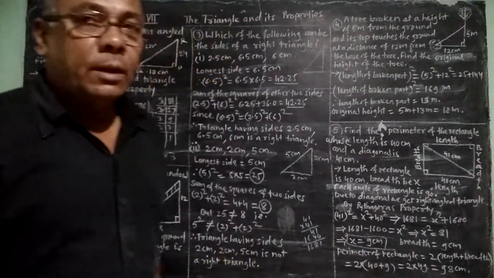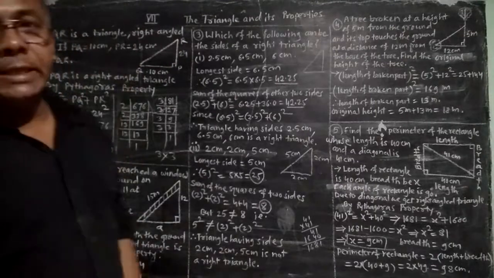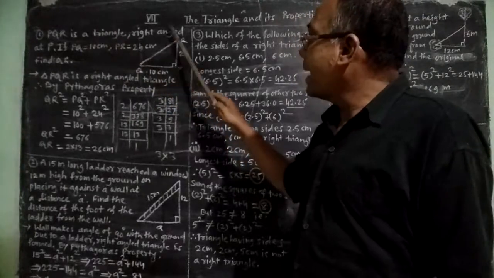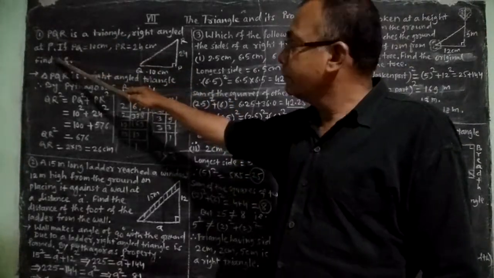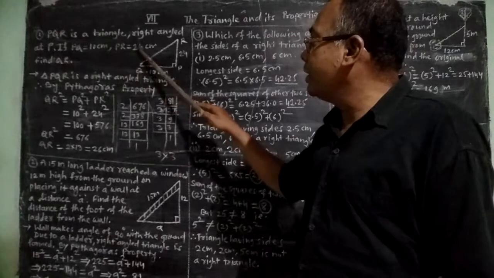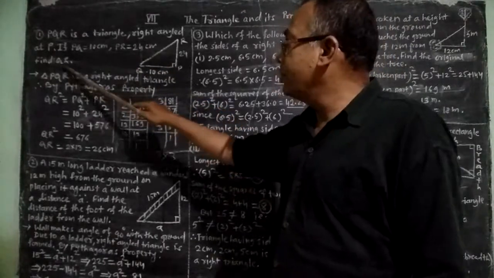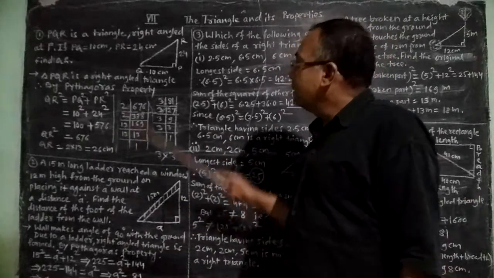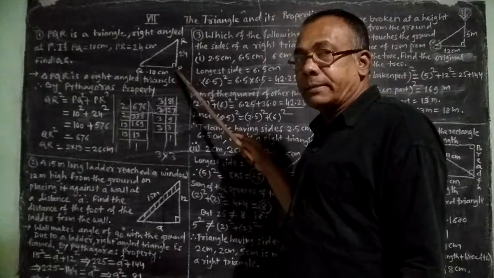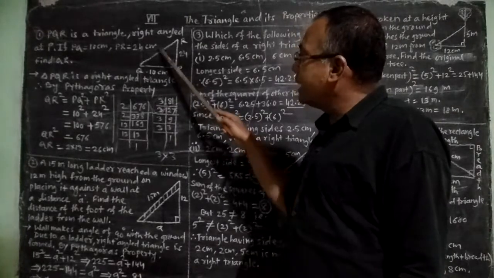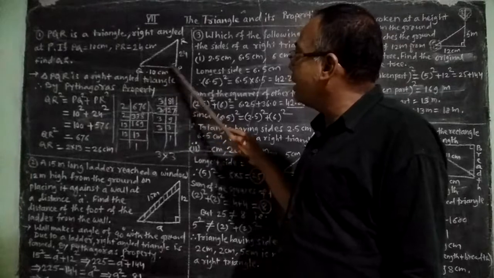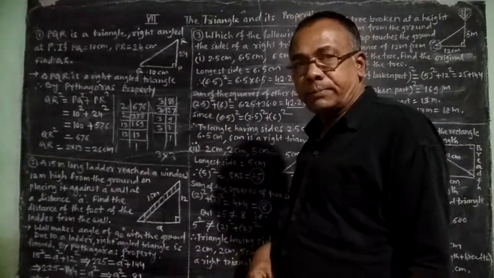Here, in this first example, it is given that PQR is a triangle right angled at P. If PQ is equal to 10 centimeter, PR is equal to 24 centimeter, find QR. Here PQR is a right angle triangle and the right angle is at P. So its opposite side QR is the hypotenuse. And here PQ and PR are the two legs or two sides. And therefore,